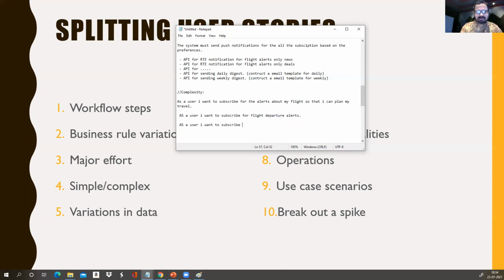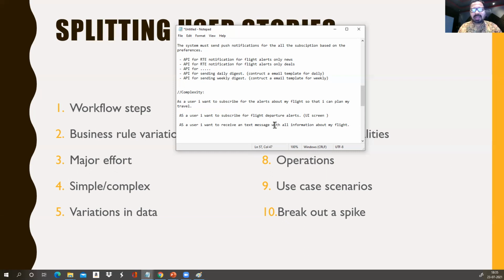or receive a text message with all information about my flight. So now when you say I want to subscribe for the flight departure alert, basically here we are talking about a UI screen where the user goes and says, okay, I want to subscribe.